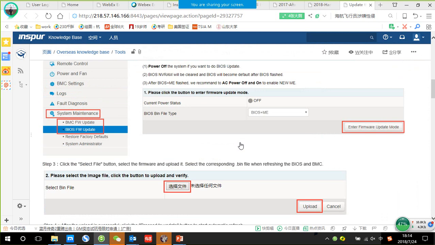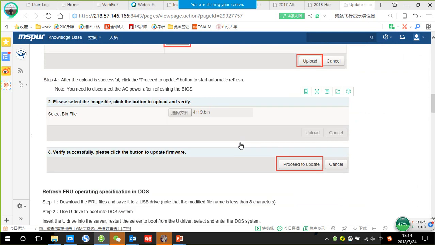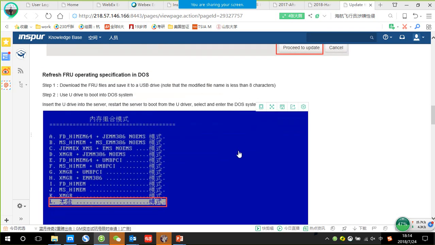Actually, BIOS and BMC can be refreshed in the BMC and the steps are the same. But for the FIU, it can only be refreshed in the DOS. So also download the FIU files and copy them to the DOS, your USB drive, your SATA drive, and then